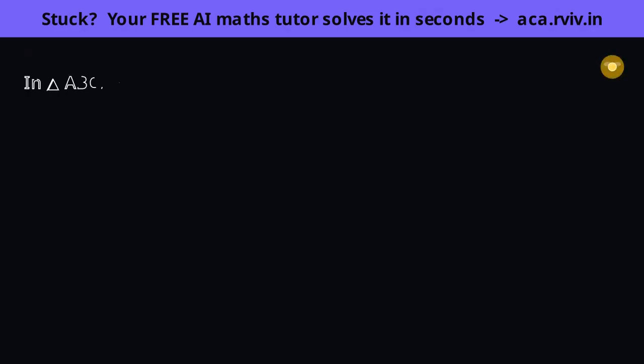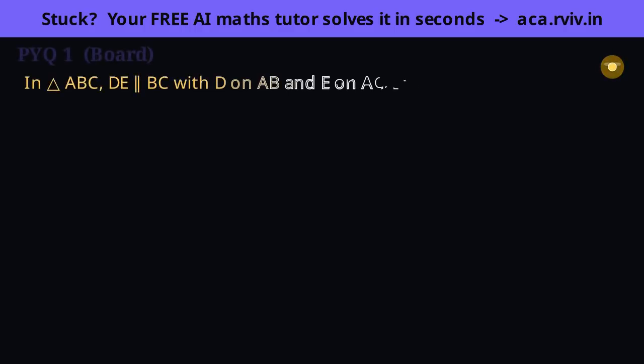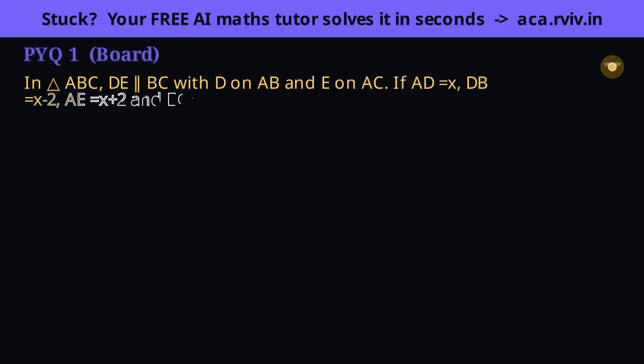The lengths are given as algebra expressions rather than numbers. But don't be thrown, the parallel side still means the same thing. Set up the same ratio and let the algebra do the rest. DE is parallel to BC, so the basic proportionality theorem splits AB and AC in the same ratio. AD over DB equals AE over EC. Nothing new. The only twist is that the four lengths are expressions in x.